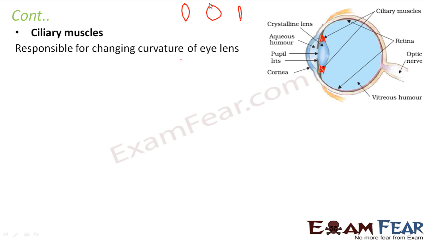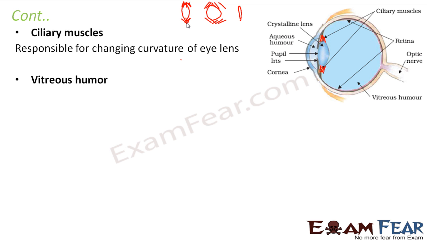Let us suppose these are the ciliary muscles. When they expand, the lens becomes thicker, right? So when the ciliary muscles expand, the lens becomes thicker. As a result, the focal length increases. Whereas when the ciliary muscles contract, the lens becomes comparatively thinner, and therefore the focal length decreases, right? So by expansion and contraction of the ciliary muscles, the focal length of the lens is controlled, and thus by varying the focal length depending upon the object distance, it can always form the image on the retina.